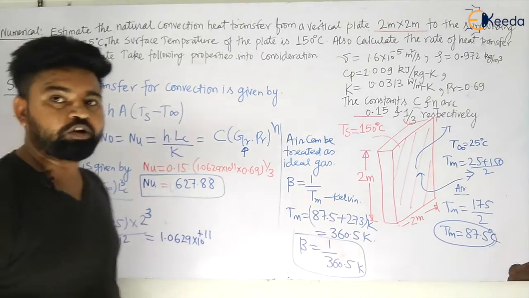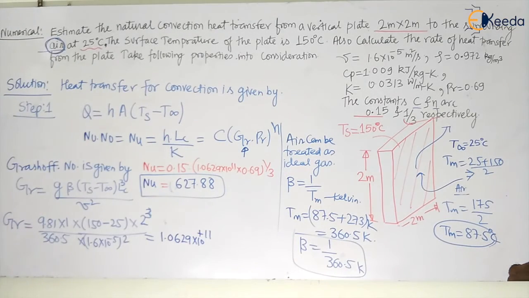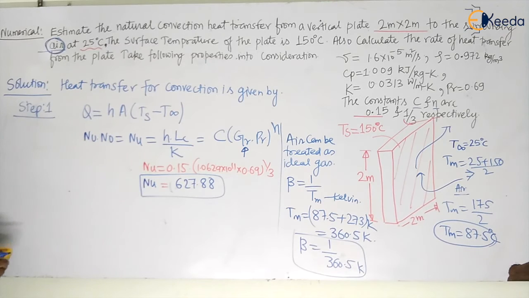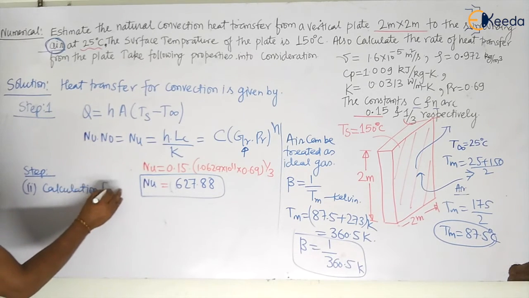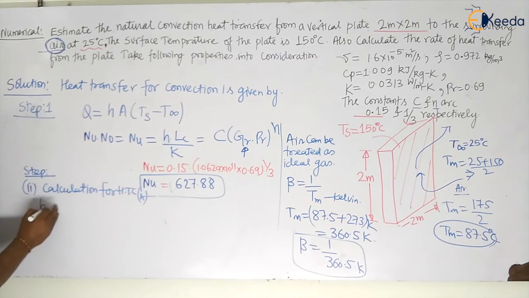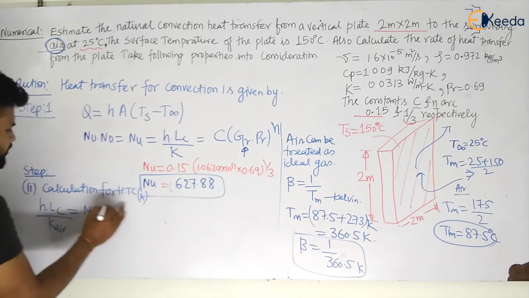Yes, I can calculate the value of heat transfer coefficient, that is your H, and this will become equal to how much? Let us see. So let us calculate the value of heat transfer coefficient. So let us see the calculation for second step. Calculation for heat transfer coefficient H. So we know that H into Lc by K fluid, K air, which is given, is equal to nothing but Nusselt number. So this will be given by H is equal to